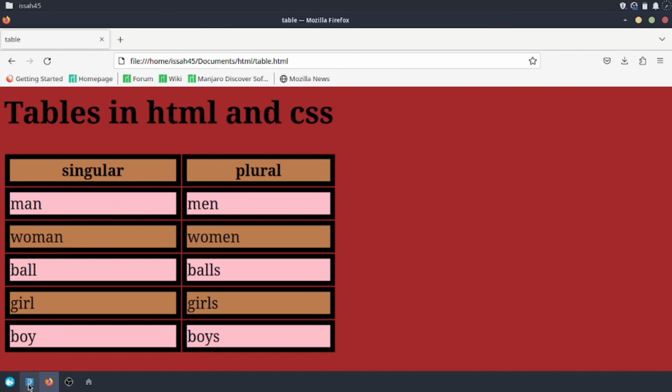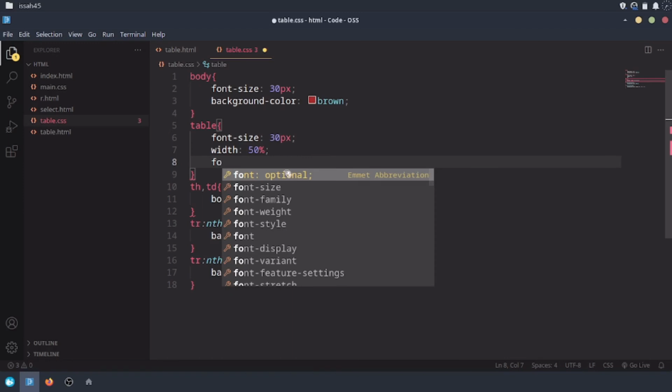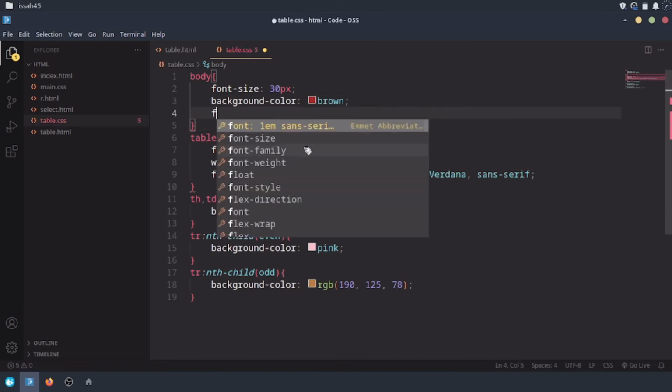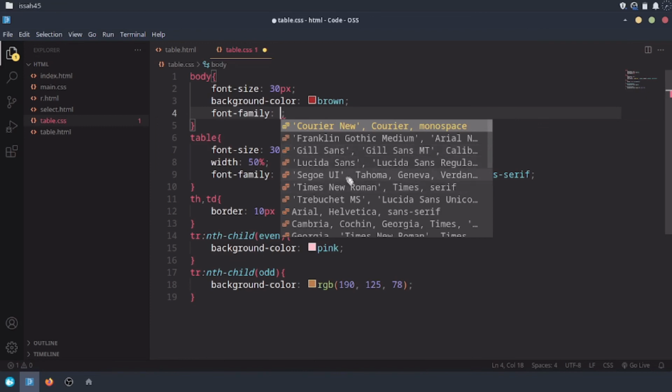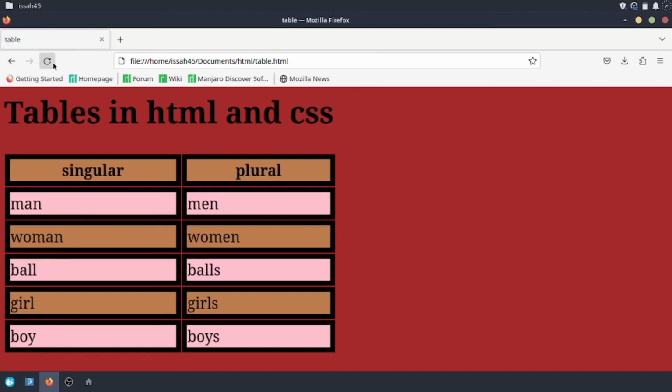So there's one more thing we can add to it, which is that we can write font family here. We can click on Segoe UI, but that's not necessary. We also have to add it in the body, but you can delete all of these and just leave the Segoe UI. Now we will reload it and we'll see that nothing happens because